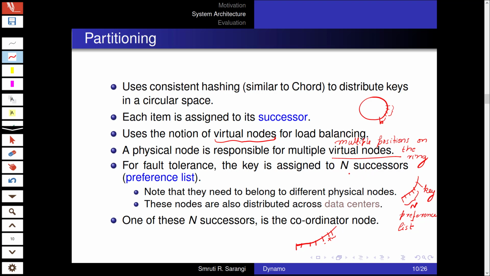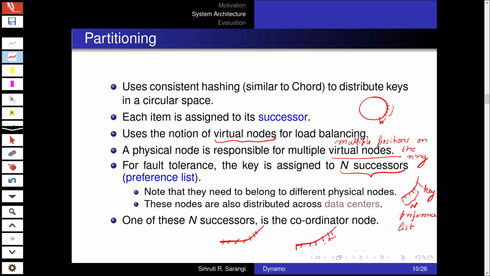So n successors should not be interpreted as n successors on the ring; rather they are the closest successors on the ring, but of course if any two of them are in the same data center, we skip the second, third and so on, so that we ensure that all n of them are physically located at different places. So this is what gives us the fault tolerance.